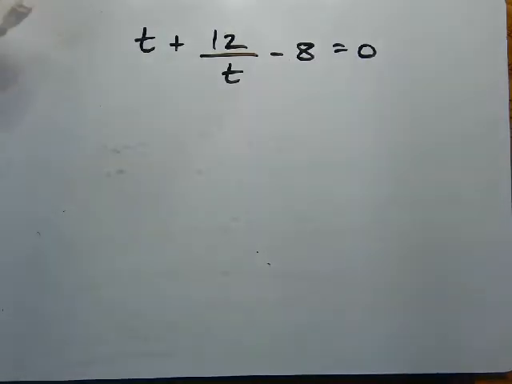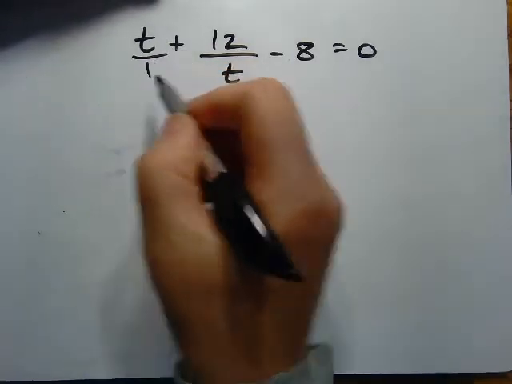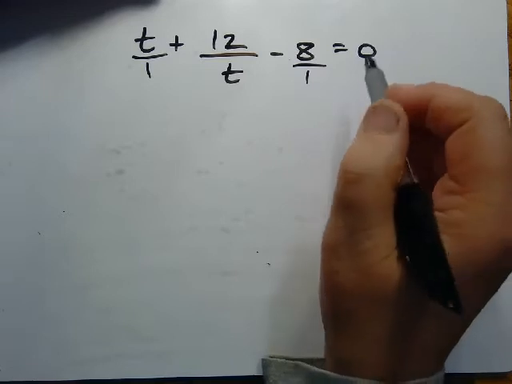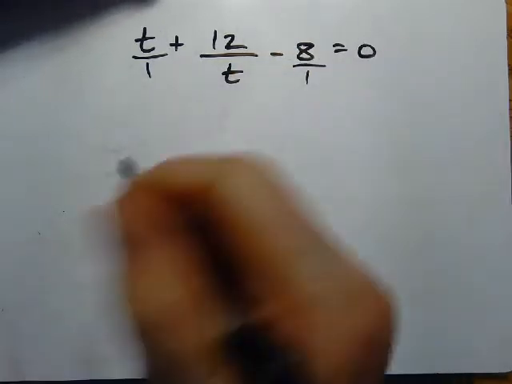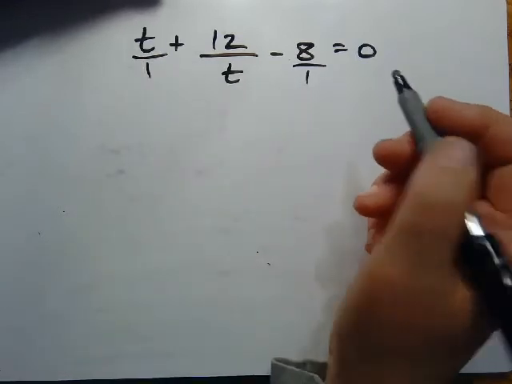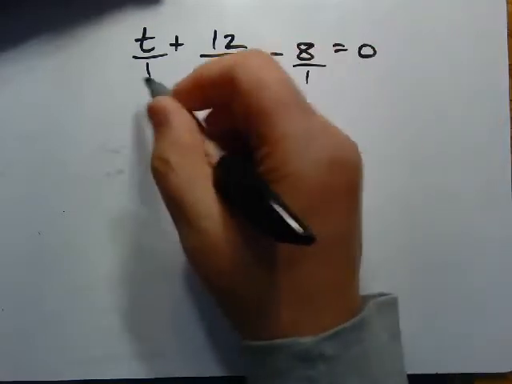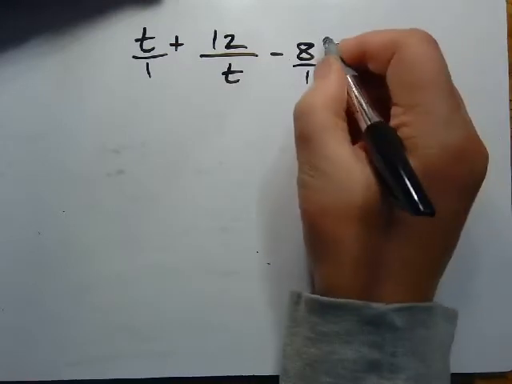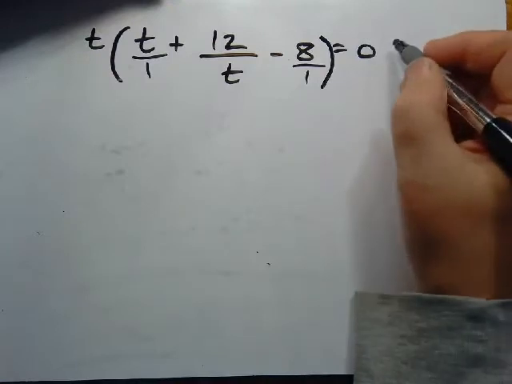All right, this is the kind of problem that comes up; it's pretty common to have a problem like this. My common denominator here is going to have to be t. This is over 1 and this is over 1. And I can see that if I multiply everything by t, I'll have a common denominator here on the bottom, by t on the top and bottom. Let me show you another technique that we can use rather than just changing each fraction one at a time. Since I know the common denominator is t, if I multiply both sides by t,